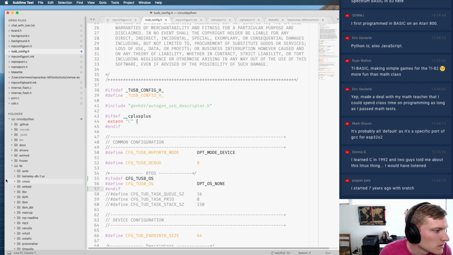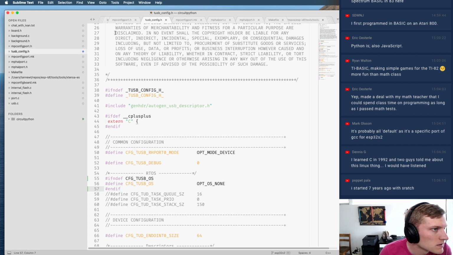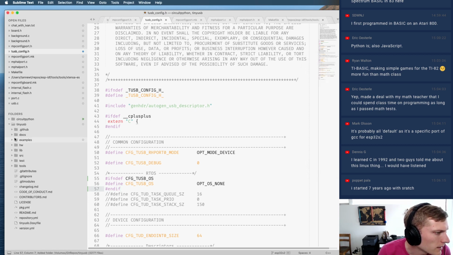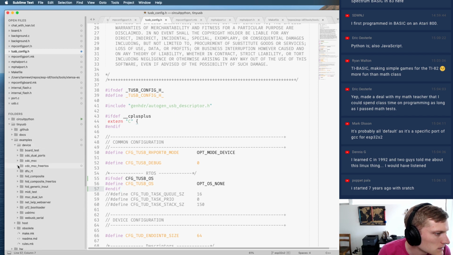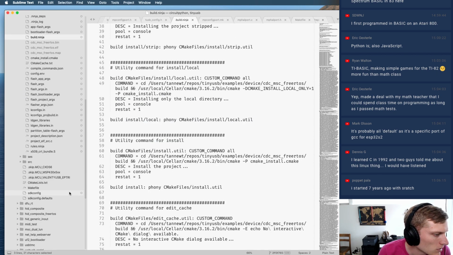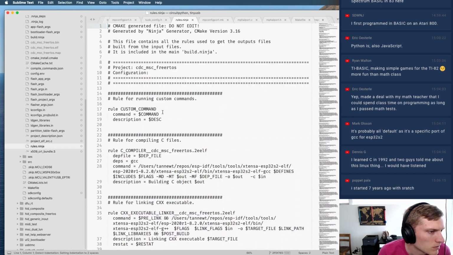in that example. So I'm going to add a new directory. Let's close this. Project, add folder. And I'm just going to add repos, tiny USB. I know you can't see this. Yeah, repos, tiny USB. That's what we want. And then we were in examples, device, CDC, MSC, free RTOS. And we can look in build and build Ninja. Here, it has rules Ninja. And if we open rules Ninja, we have